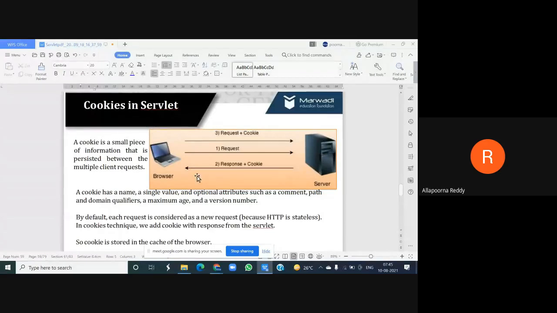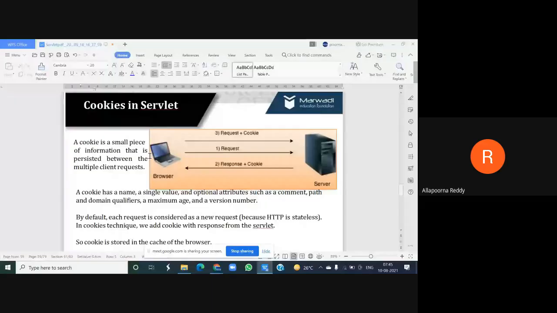Along with the cookie. Whenever next time the same user tries to make a request to that particular web server, he is going to make the request along with its cookie. That means the cookie is already stored in your browser, right? Cookie is already stored at what side? Client side. Previously, step 1 is only the request.